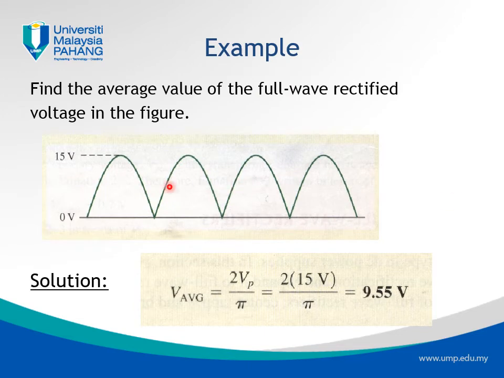So for example here, for an input of sinusoidal of plus 15 minus 15, on the output we will observe such signals, right? With the frequency, instead of having frequencies over here, now the frequency has doubled. Frequency has doubled means the period of the signals have shortened by half, right? And the average voltage for a plus 15 minus 15 sinusoidal waveform is 2 Vp divided by pi, which is 30 volts divided by pi becomes 9.55 volts. So it's double from the half wave